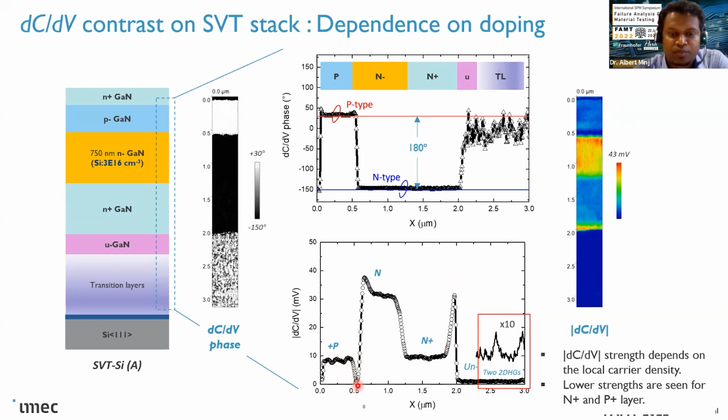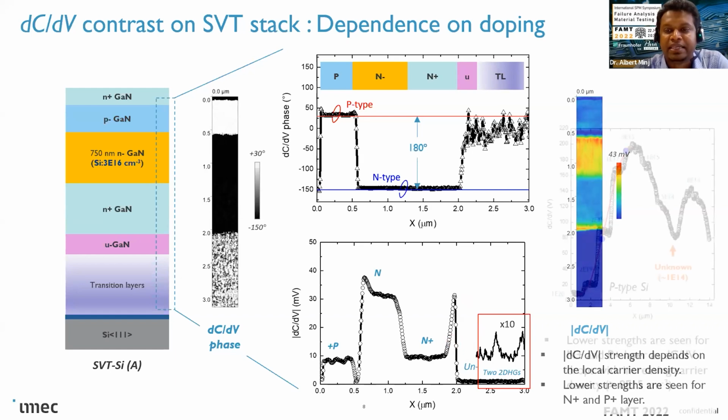For example, there's a drop and then a sudden rise forming a peak at the P+N junction seen here. And then there is also an increment in the dC/dV between the N+ and the undoped gallium nitride. We are not going into this detail, but all of this magnitude can simply be explained by the